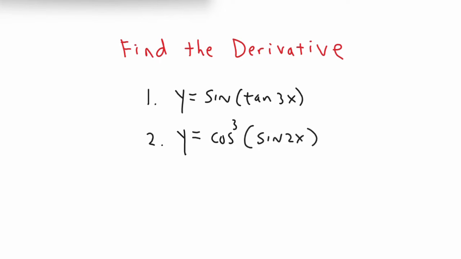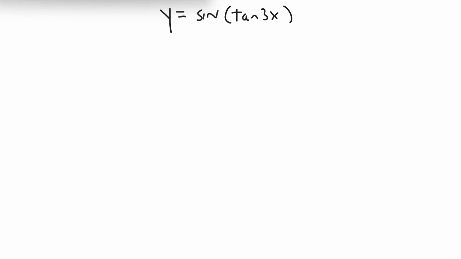In this video, I'm going to show an easier way to use the chain rule to find the derivative. So here's our first problem. The key to finding the derivative using the chain rule is to start with the outer function and work your way in. So we got y prime